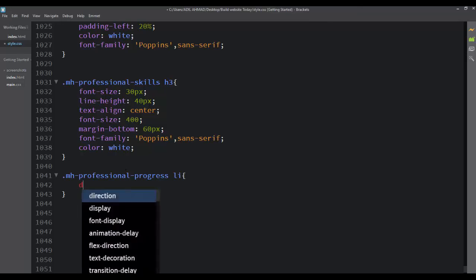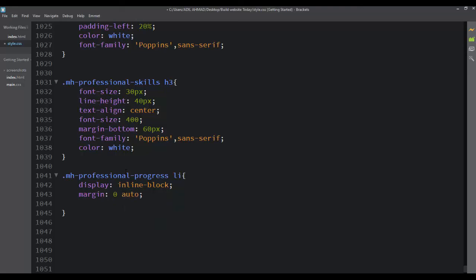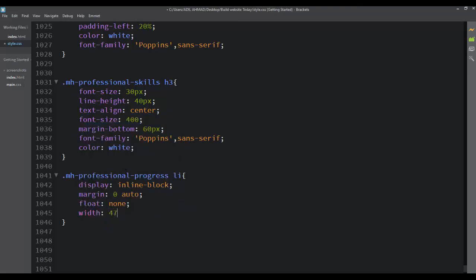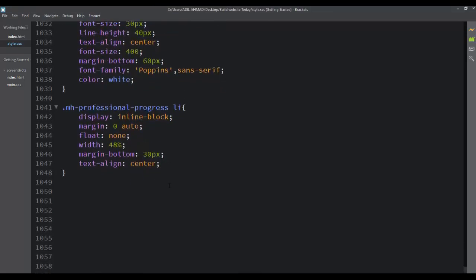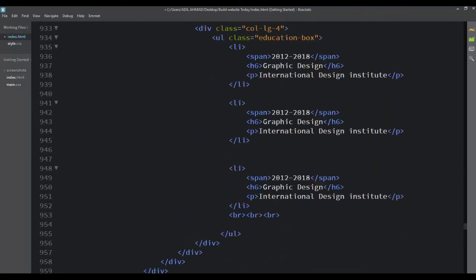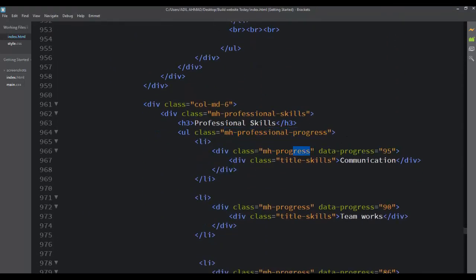Inside this I'm putting display like inline block and margin should be 0 auto, float should be none, width should be something around 48% and also I'm gonna add some margin bottom like 30 pixel and text align should be center. Okay. Friends, we have another class. Let me do that. We have MH Progress which is containing the animated numbers or the value. Okay, so